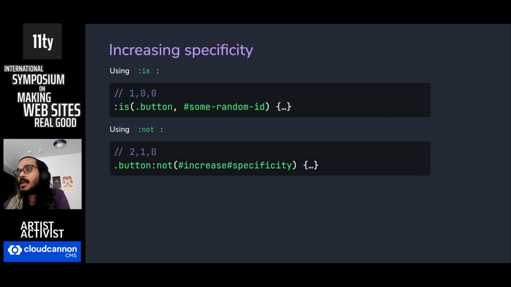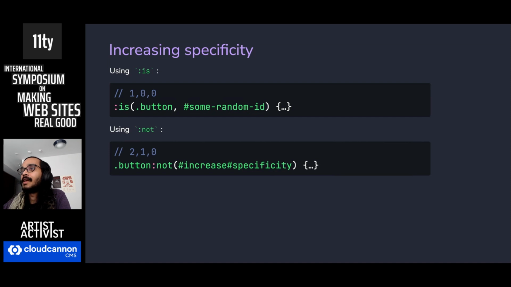You can do the same thing even easier using the :not pseudo-class. So this one kind of requires you to use the impossible selector where you can use two IDs because remember, an element can only have one ID. So this selector would never match. And we're saying never not match the selector. So this will match the thing that you chain it to.